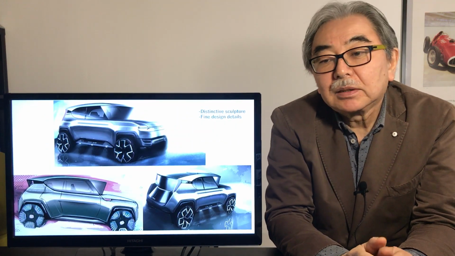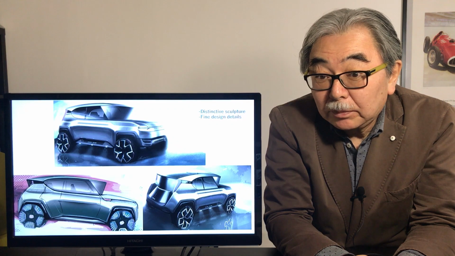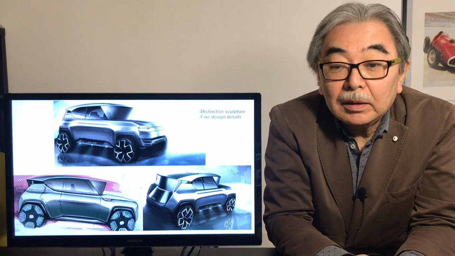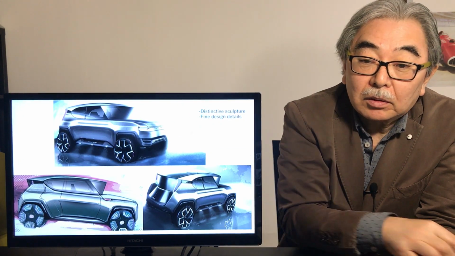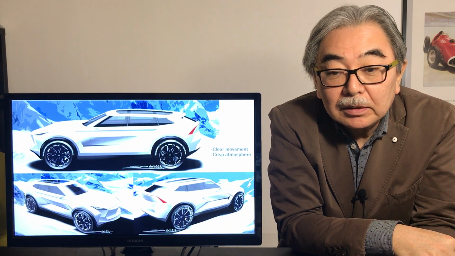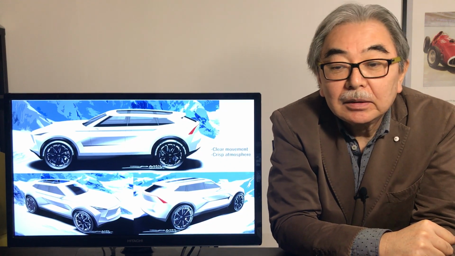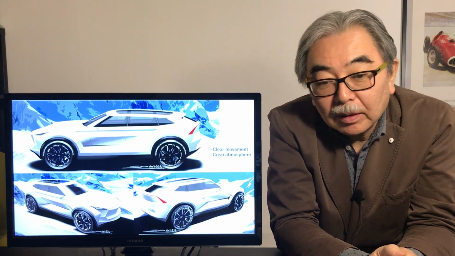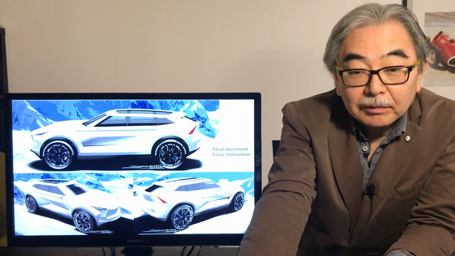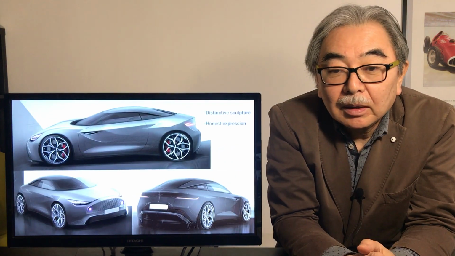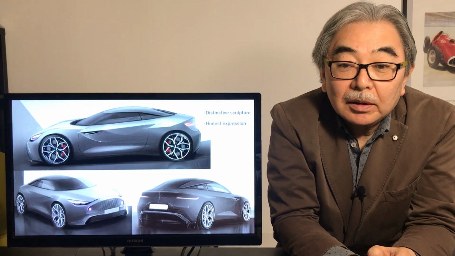And this is another example of a nice rendering. The distinctive sculpture and fine design details you can see. Also, this one is nice. You can see the nice clear movement in a crisp atmosphere of the shape, right? It's a nice SUV, and this is also quite favorable. The sculpture is quite distinctive,